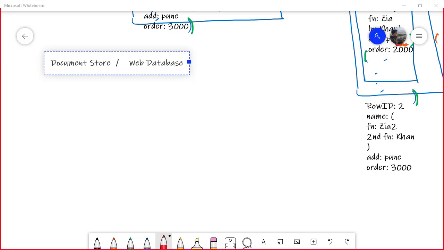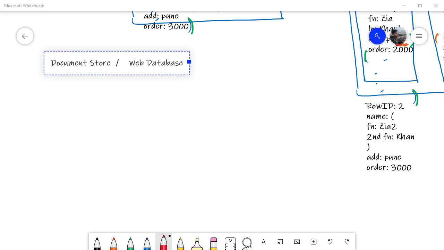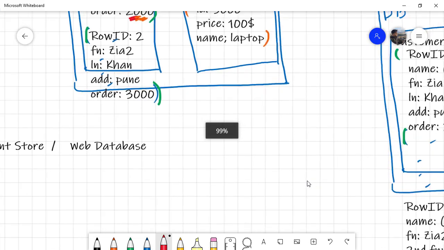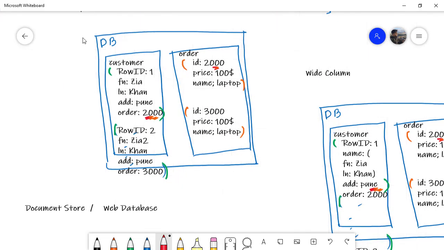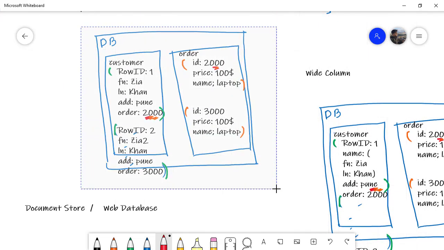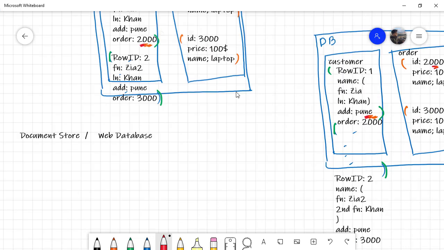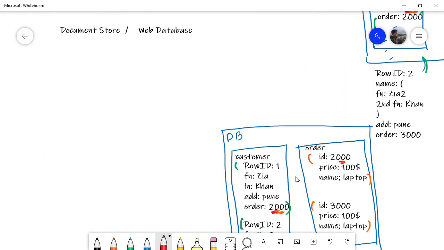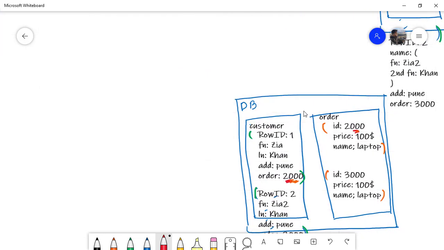So let's resume our discussion on the document store category of NoSQL. Now, the document store category is also going to look a lot like the NoSQL key value store pair. It is just that instead of creating